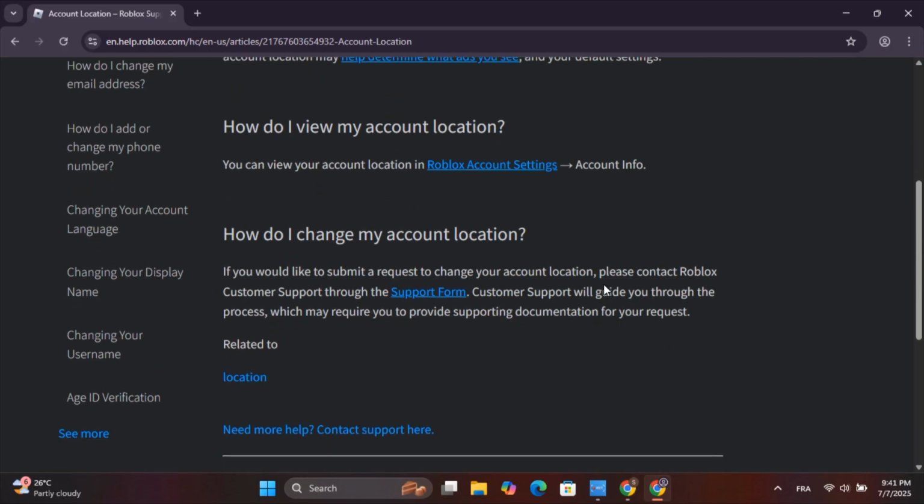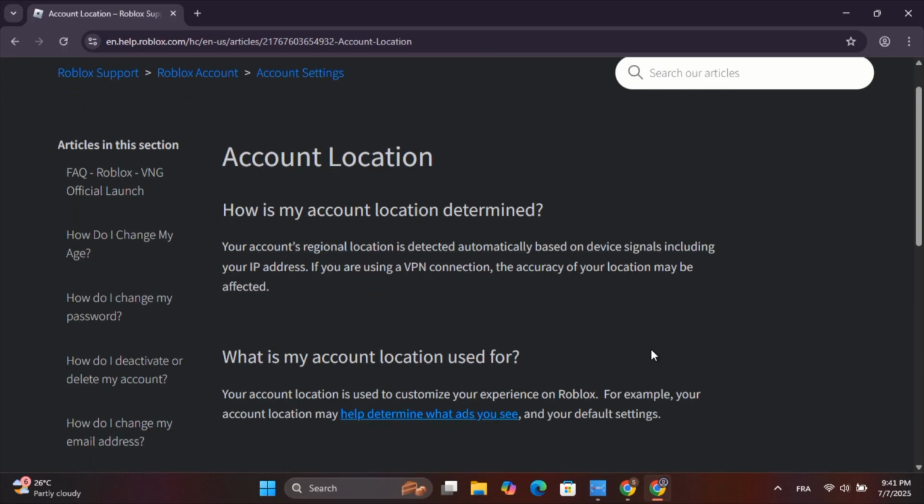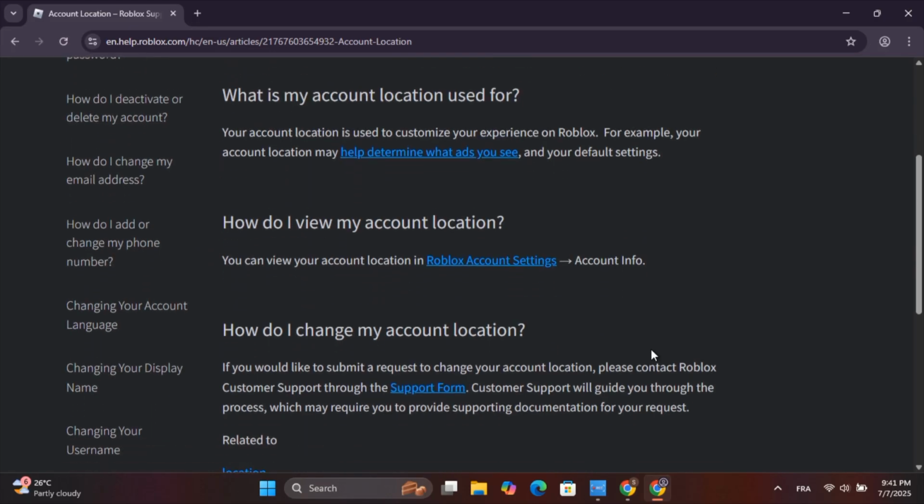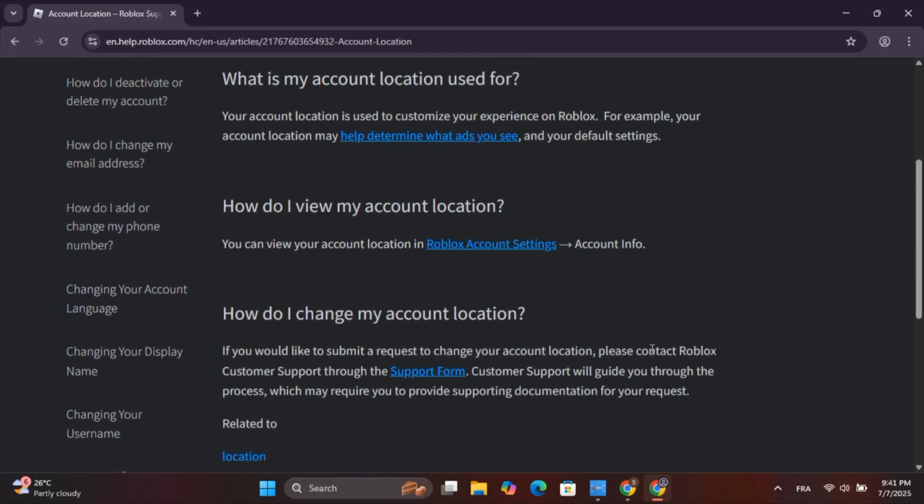So how to change your account location? If you would like to submit a request to change your account location, you can contact Roblox customer support through this support form. Customer support will guide you through the process, which may require you to provide supporting documentation for